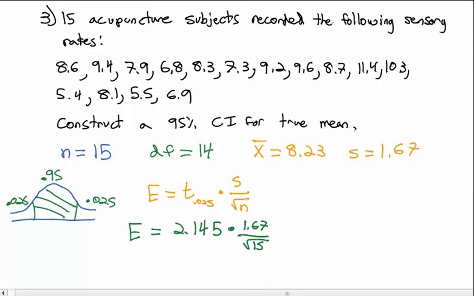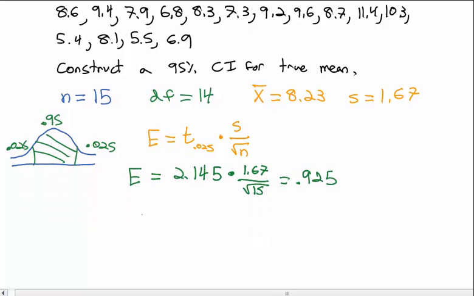So on our calculator, 2.145 times 1.67 divided by the square root of 15, we end up with 0.925. So we'll take our mean, 8.23, plus or minus the error of 0.925 to get our confidence interval. First, subtracting 8.23 minus 0.925 is 7.305. And 8.23 plus 0.925 is